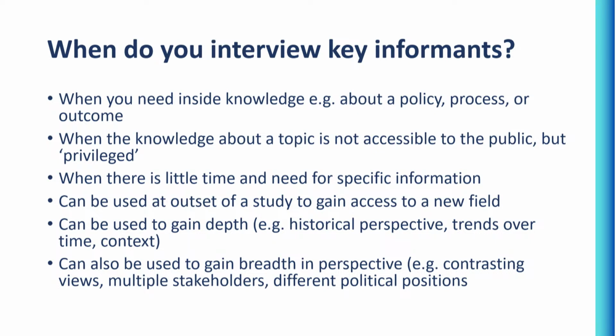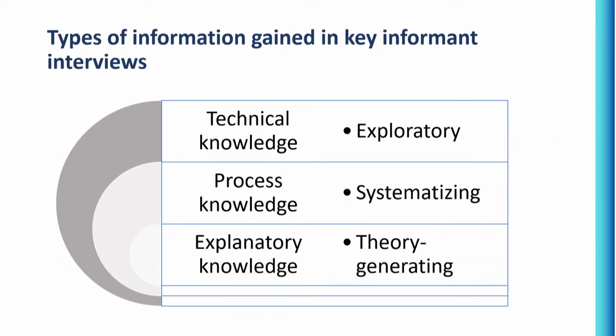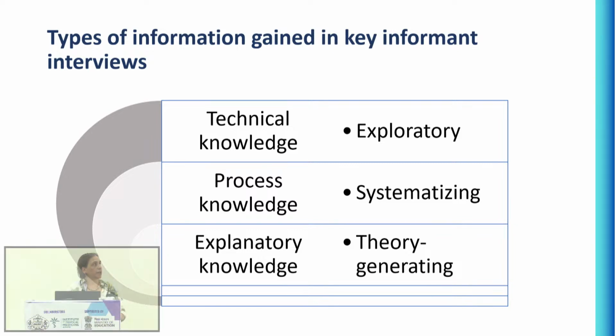So you're also trying to gain breadth and perspective through different kinds of positions and multiplicity of knowledge. So we generally talk about three types of knowledge that we're gaining in a key informant interview. The first is technical knowledge. Let's assume you are looking at a new technology, like the example of GeneXpert, but let's imagine we're even further along with some diagnostic technology. And you are a lay person, you don't really understand much about how the technology works or how it's going to be implemented. So you need a key informant who's going to break it down for you very clearly.